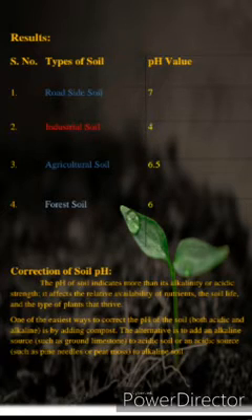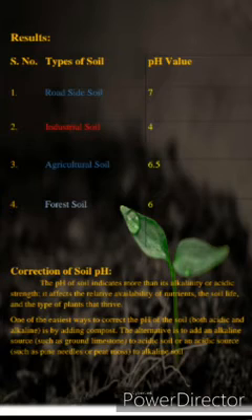Now we will talk about correction of soil pH. The pH of soil indicates more than its alkalinity or acidic strength. It affects the relative availability of nutrients, the soil life, and the type of plants that thrive. One of the easiest ways to correct the pH of the soil, whether it's an acidic soil or an alkaline soil, is by adding compost.